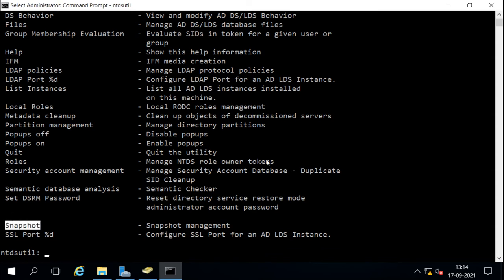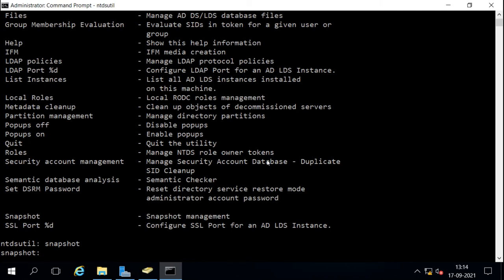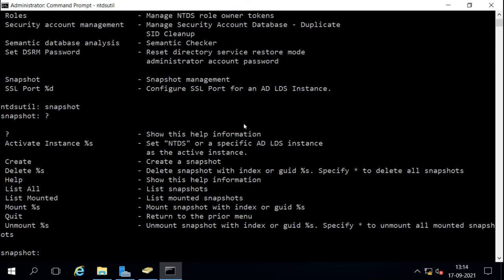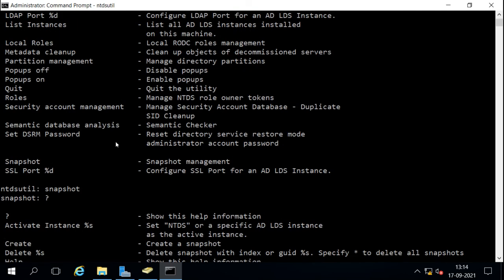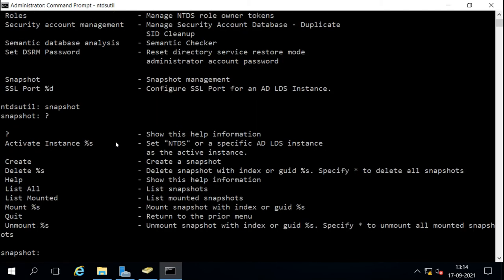So we'll go to snapshot, and under snapshot, first we have to activate the instance of Active Directory. So we give the command activate instance NTDS.